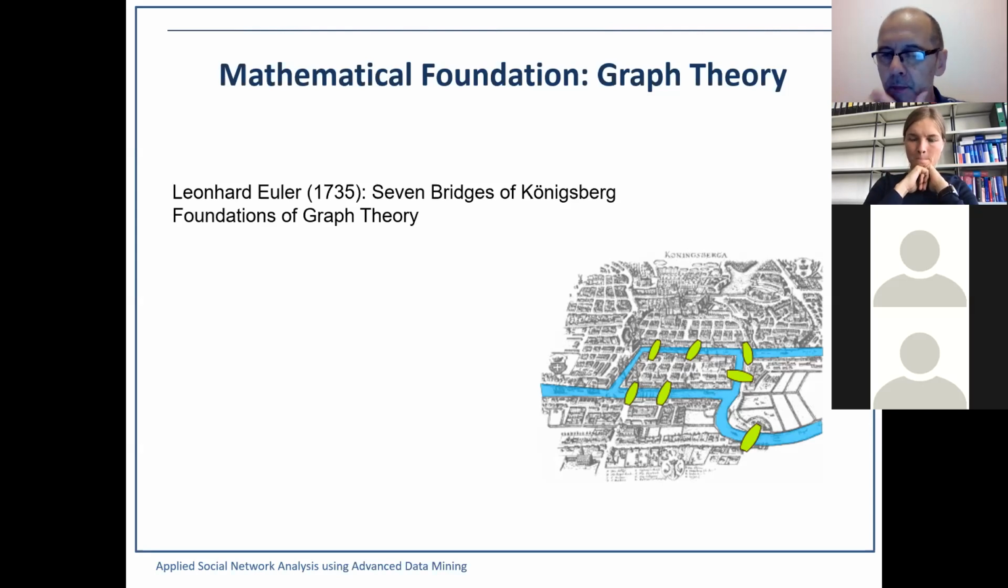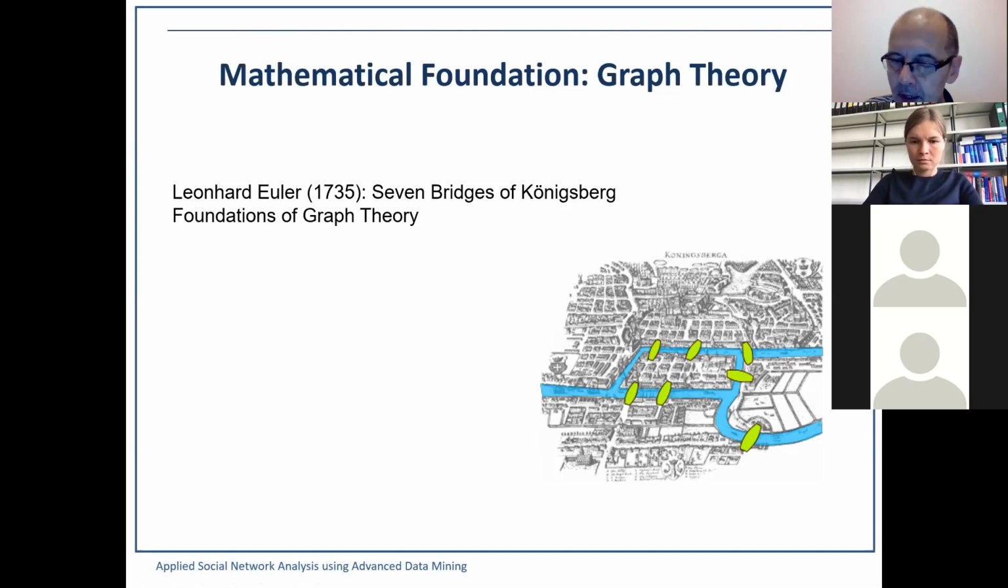And based on this problem, he started a discipline which today we call graph theory, which is an important discipline within pure mathematics. And there he came up with an abstract model of this problem. He said, okay, I don't want to analyze bridges and streets. I want to analyze something more